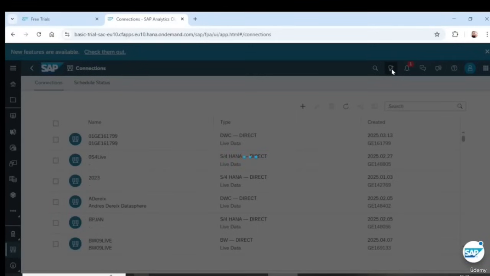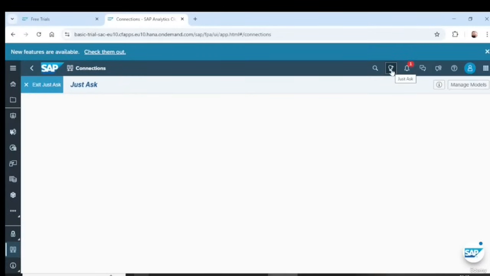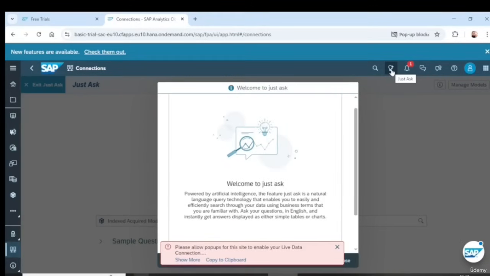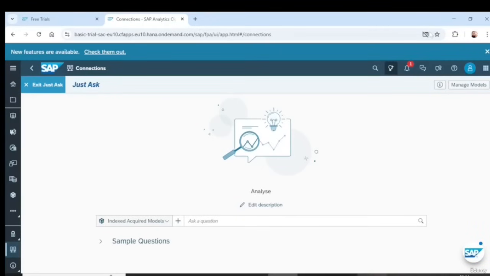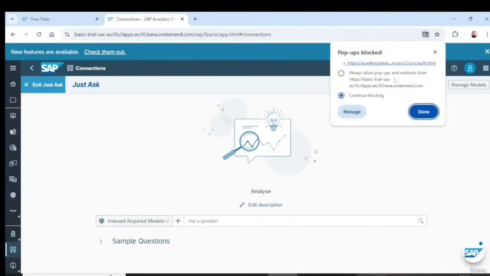Let's talk about making confident decisions with automatic insight. SAP Analytics Cloud uses machine learning to provide automated insights. One cool feature is called Just Ask. It lets you type a question in plain language like show me a pie chart of product sales. The system